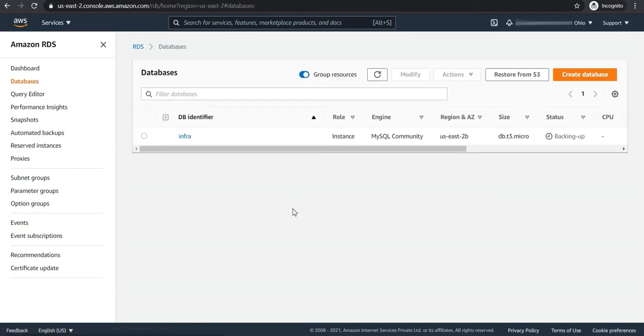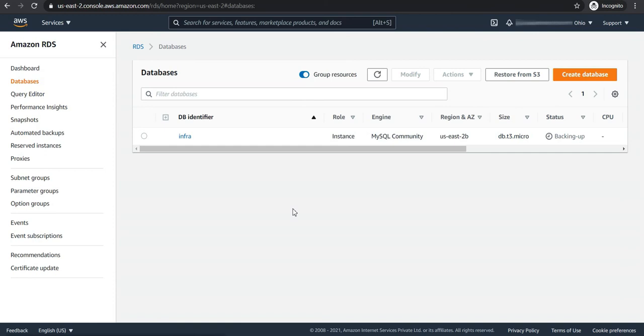Okay. So in this video, let this database get created. In this video, what all things we saw? We saw what is encrypted and non-encrypted backups, and how you can transfer your encrypted backups to another account. Also, before transferring your encrypted backups to another account, you need to make sure you have a valid KMS key.